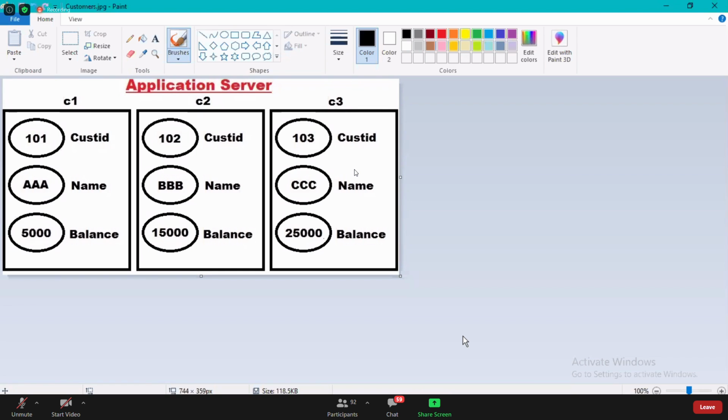Guys, watch it. Once the memory is allocated, all the data will be loaded for you into the memory. So where is the memory allocation done? The memory allocation is performed for you on the application server, guys, remember. On the application server, this memory allocation will be performed.